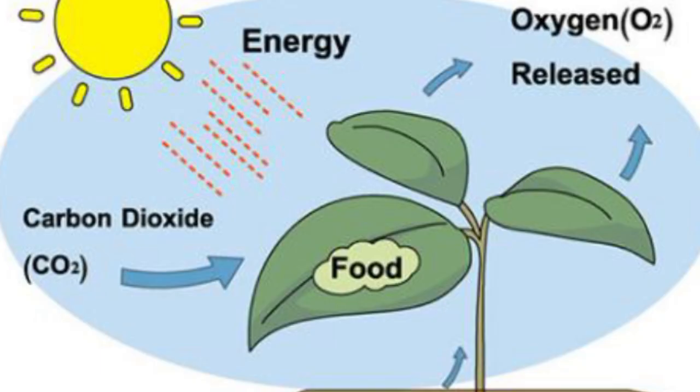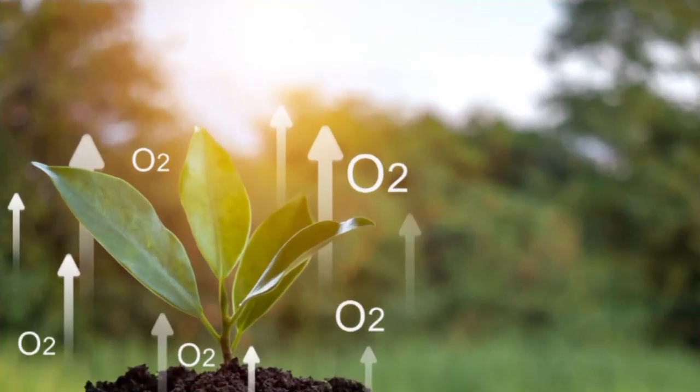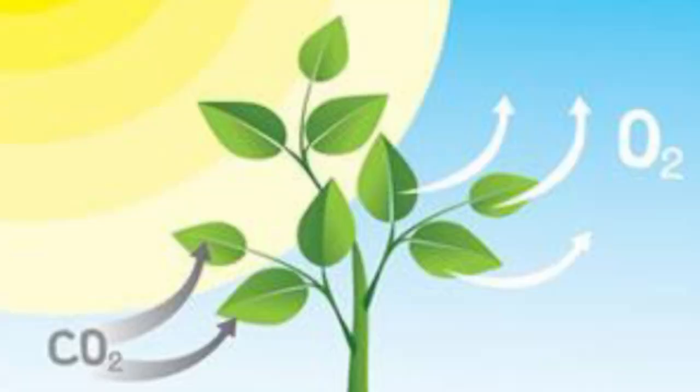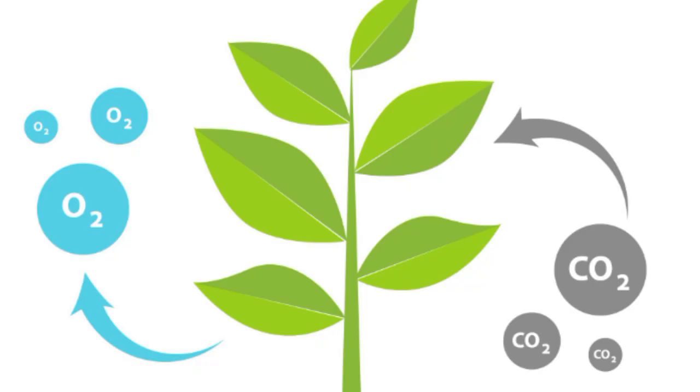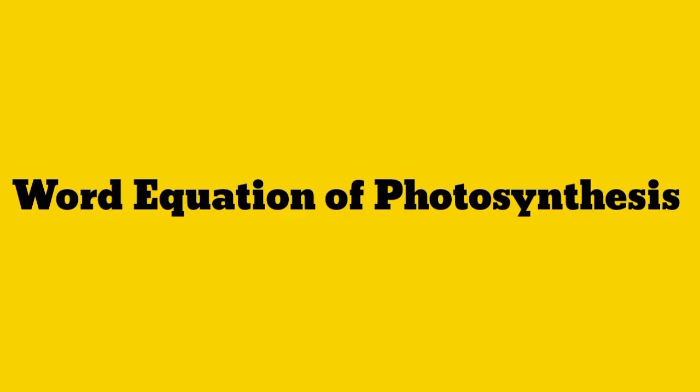Oxygen is released through stomata into the environment. Carbon dioxide is absorbed during photosynthesis, but oxygen is evolved and released into the atmosphere, and this is the oxygen that is used during respiration by all living things. Animals, human beings and even plants use this oxygen.